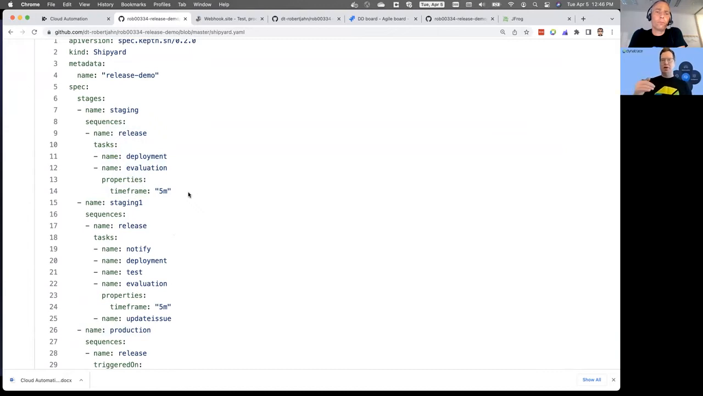So that's sort of the structure. A project has stages, stages have sequences, and sequences have tasks. But we're not trying to reproduce a Jenkinsfile or a pipeline tool. We're really doing things in a declarative way. Each of these tasks, and this is important to understand the concepts here, when a sequence runs, what Cloud